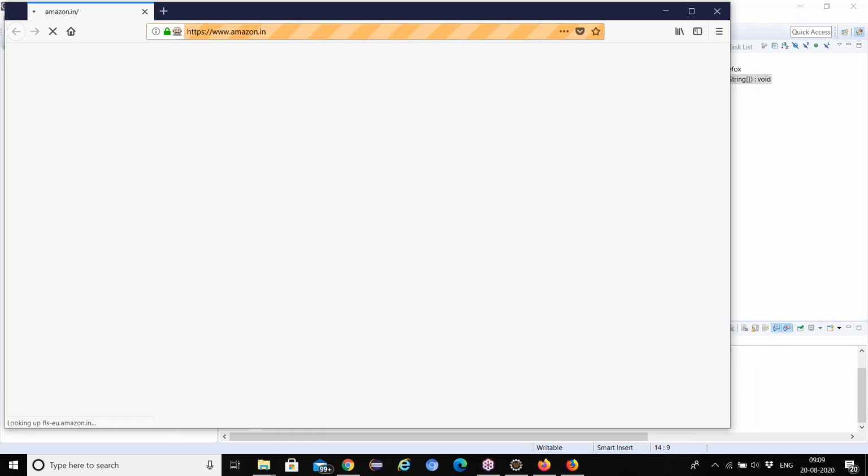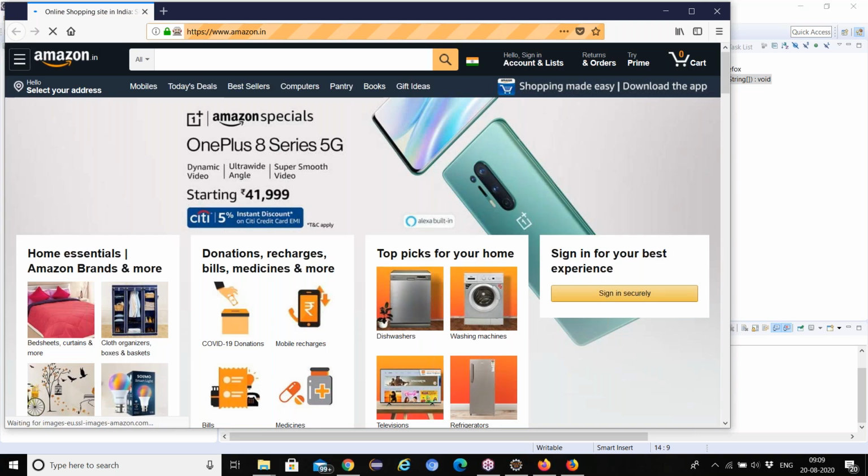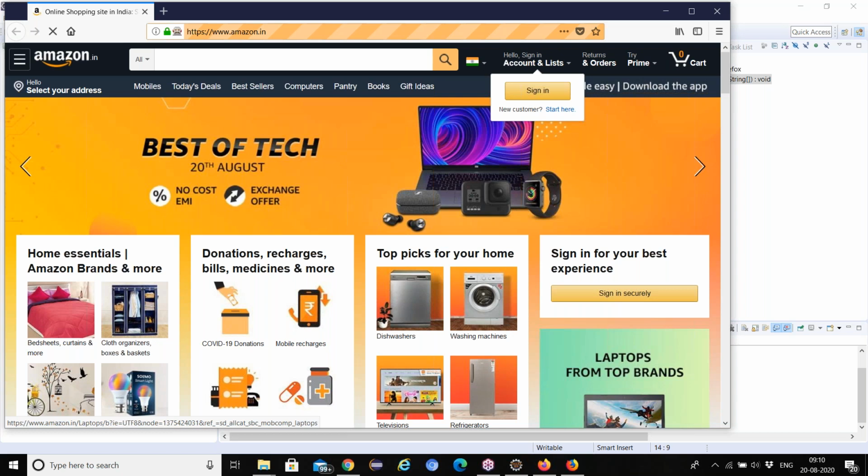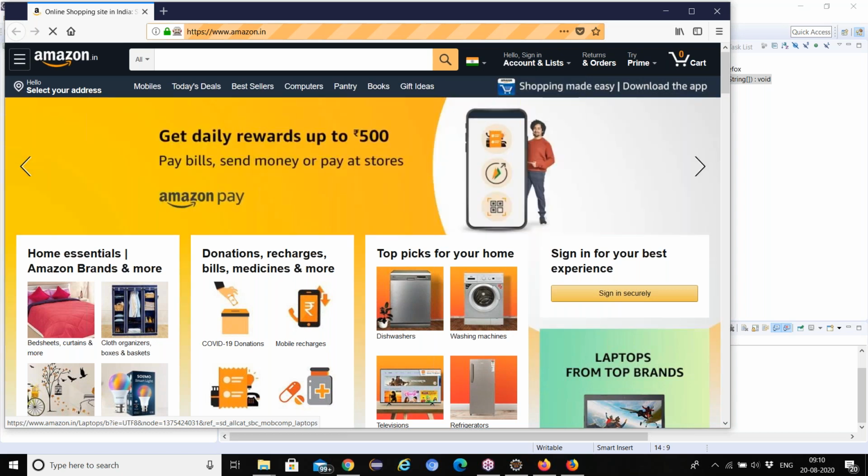If you go with the process, step by step, you will definitely get things done. Yesterday we launched Chrome driver, today we launched Firefox driver. And guys, you need to learn how to launch IE. I will tell you, don't worry, but do the practice. Without practice it won't come.